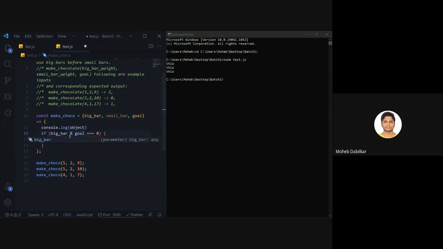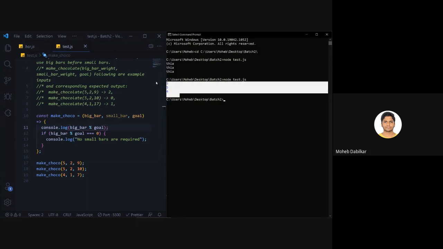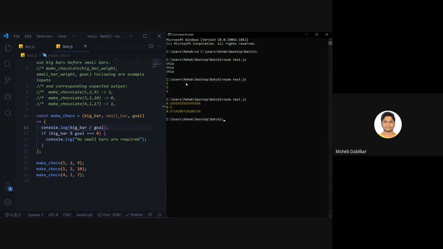Okay, so this should not say like this. Right, it says 5 and 4. Let's try this. Now it should say, okay, it does not go to 0. Yes, goal should be before big bar.